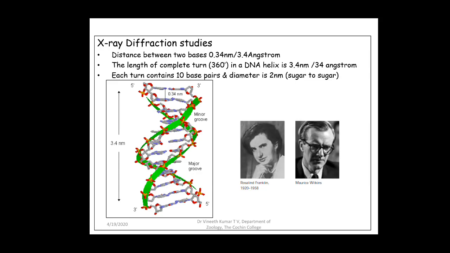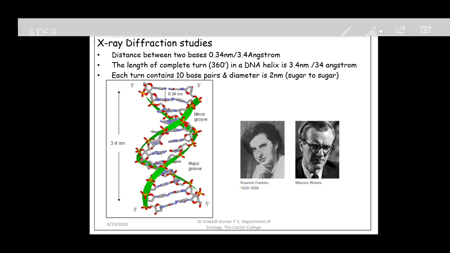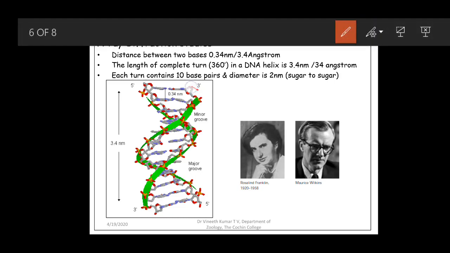So here they said that there are some repeated structures that can be seen. That was the only thing that was deduced by Maurice Wilkins and Rosalind Franklin. They found out that there are certain repeated structures in the DNA. They found that there are two repeats, and one of the repeats was a 0.34 nanometer repeat. The other was a 3.4 nanometer repeat in the DNA.